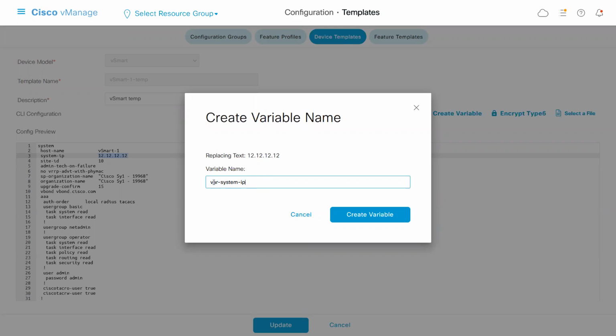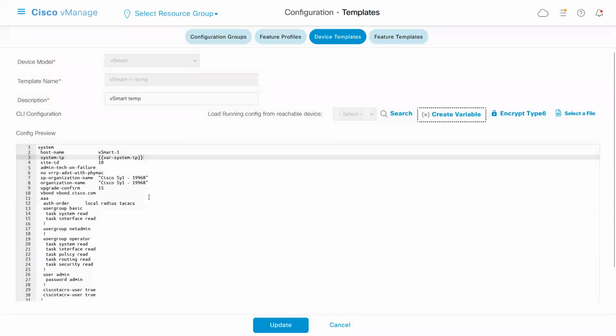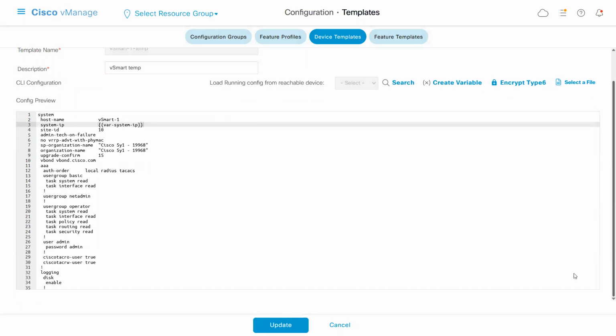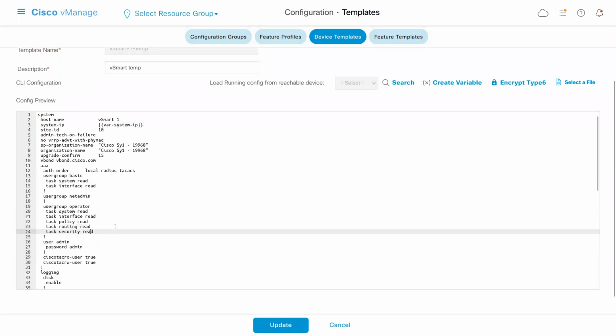So for system IP, I am using variable-system-IP. Now you will see that it became a variable. It is in double parentheses. That means when I push this template, it will ask what value you are looking for. Then we can scroll down,